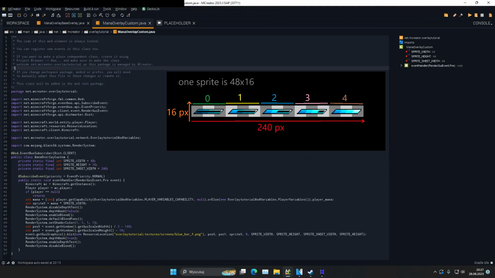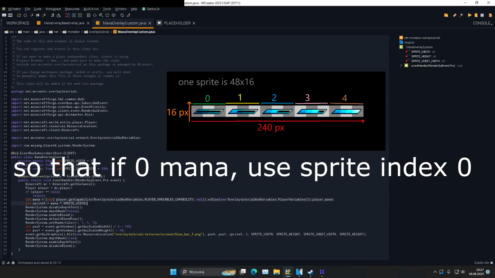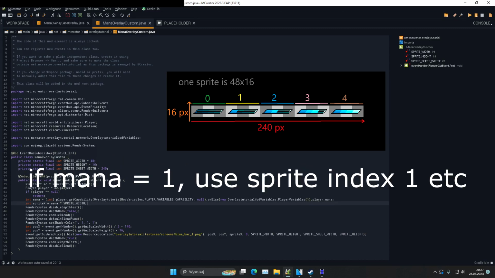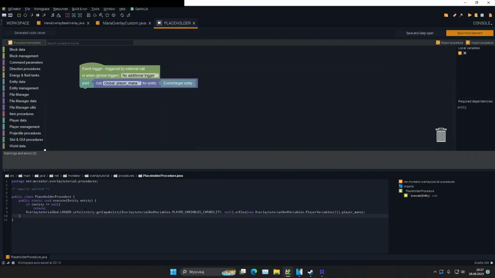We first define sprite width, height, and sheet width. We then get player. As you can see, we won't need X, Y, Z, or world variables. Now we set our mana variable to calculate which part of the sprite sheet should be visible. As you can see, we simply copied code that has been generated in the placeholder procedure to use in our custom